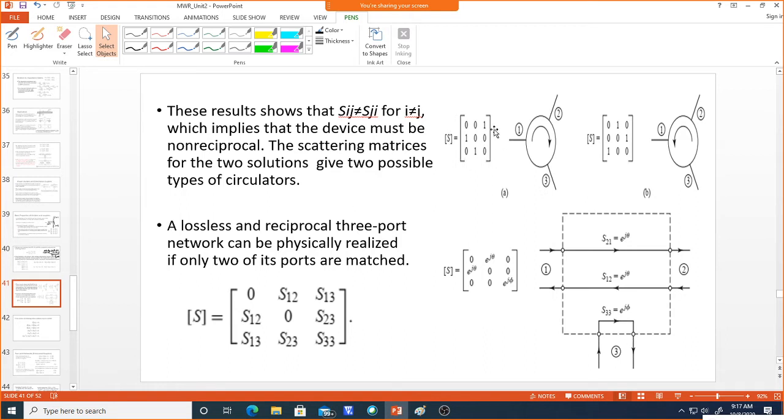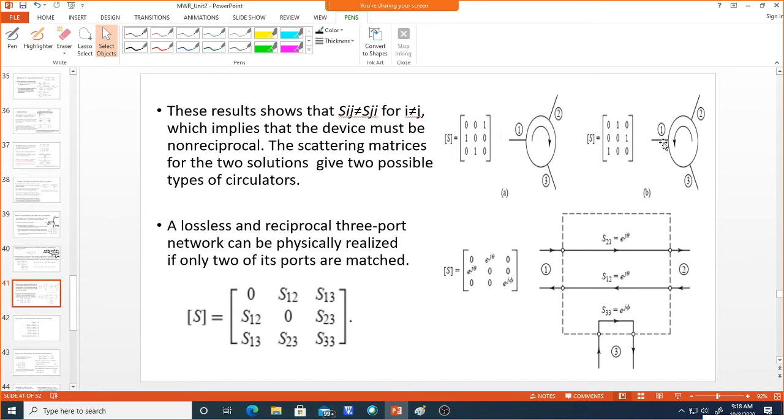So if you see the S matrix, 0 0 1 means this is S13. When the input power is given at 3, the output will go only to 1. That is S31, and it won't be reciprocal. That is, if I give power at 1, it won't go to 3. Generally, if you give power at 1, it will go to 2, and if you give power at 2, it will go to 3. So that means it is only one directional. Since the network is non-reciprocal, the power will flow in only one direction. That is what this S matrix represents.